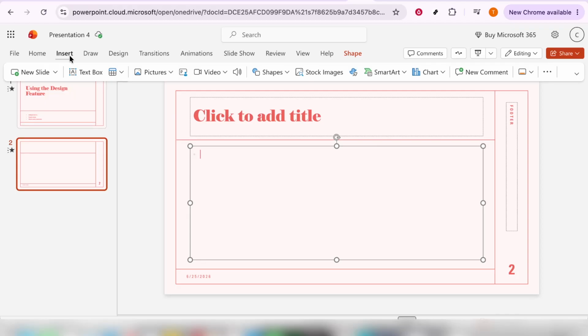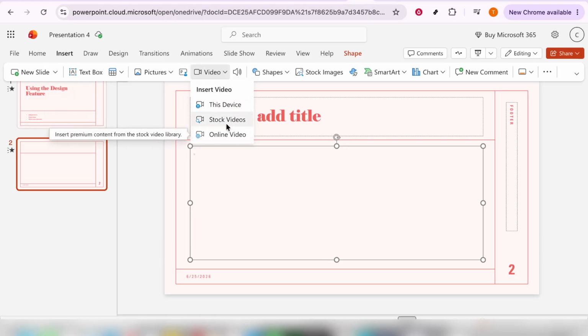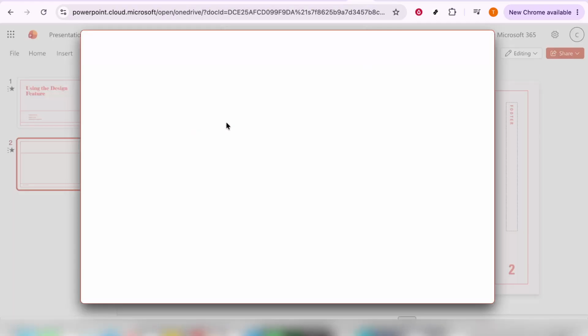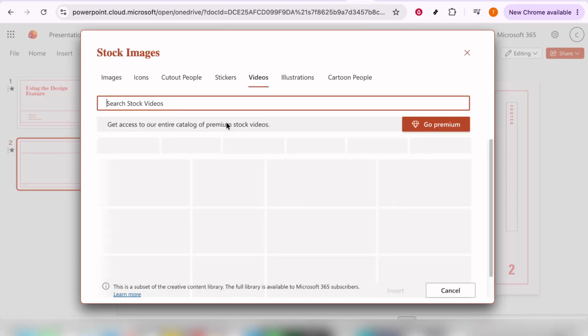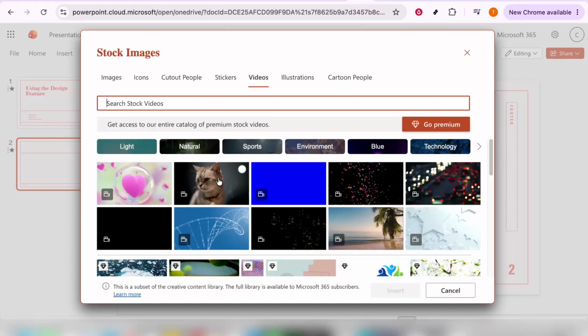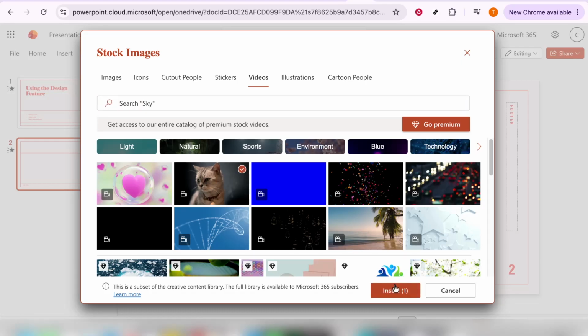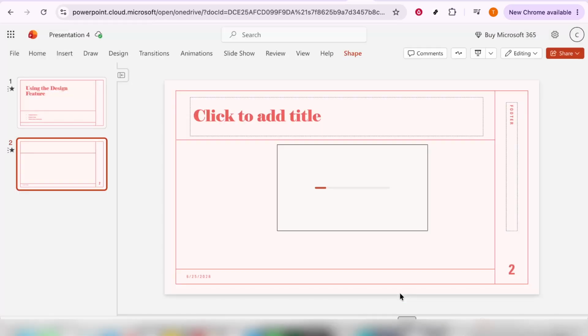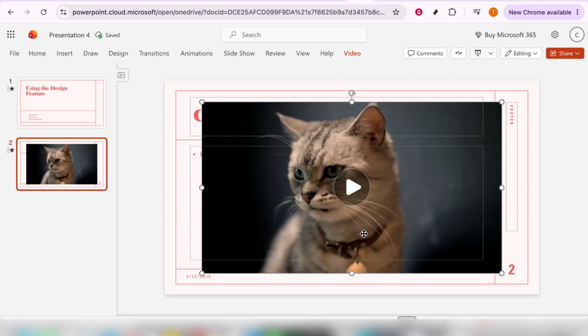This opens the video insertion options available in PowerPoint. Depending on the version you're using, the layout may look slightly different, but the video option is typically found in the Insert ribbon near the Media tools. Once you click it, PowerPoint will guide you toward adding your video. From here, simply follow the on-screen prompts. PowerPoint may ask you to choose the source of the video, such as a video file saved on your device or another supported location. Select the video you want to use, then confirm your choice so it can be added